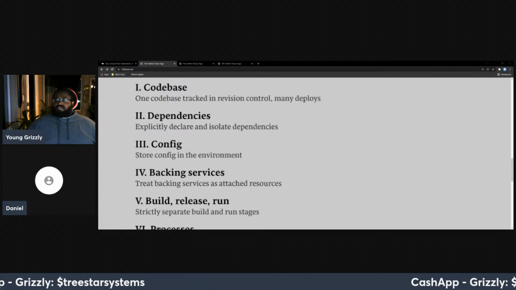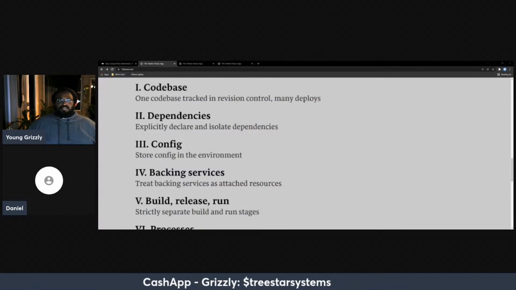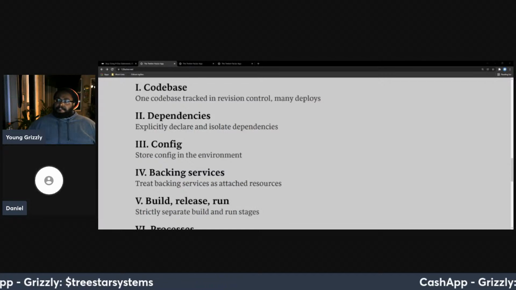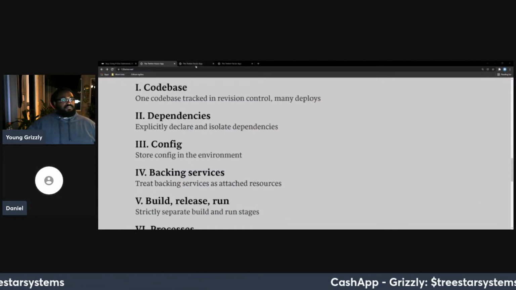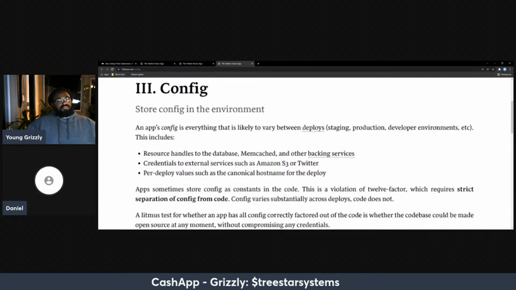Dependencies and configs work well together, so one does lead into the other. We'll just cover config, and then we can go back to the dependencies. Within the config section, let's say, for example, it has to be staging. For staging, let's say we're using a product called Pulumi. Have you ever heard of that?